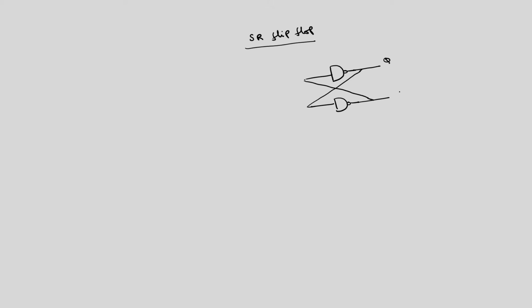So, this is Q complement, this was S bar R bar. Now, without clock signal SR flip flop, if I call this one as this, simply you have to use a NOT gate to get SR. As the name implies, S bar R bar and SR, the only difference is the NOT gate. So, I am going to implement the NOT gate using a NAND gate, 2 minimum inputs are required. So, I am going to short this.